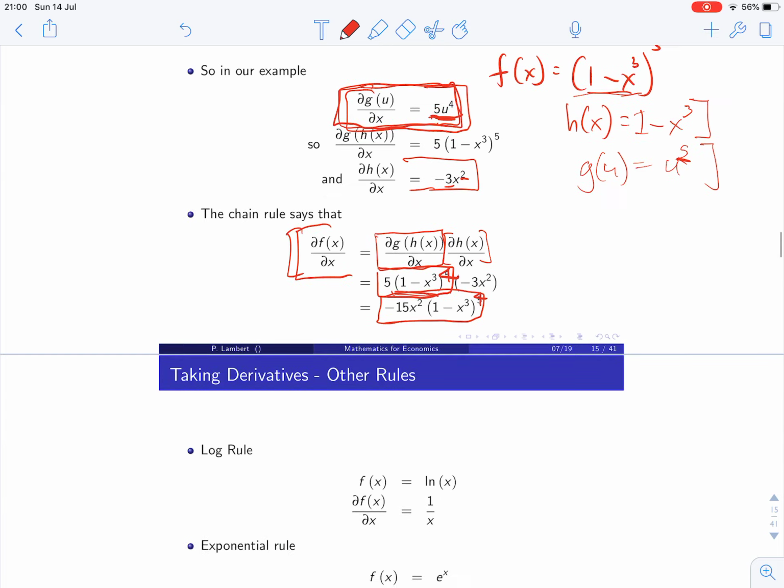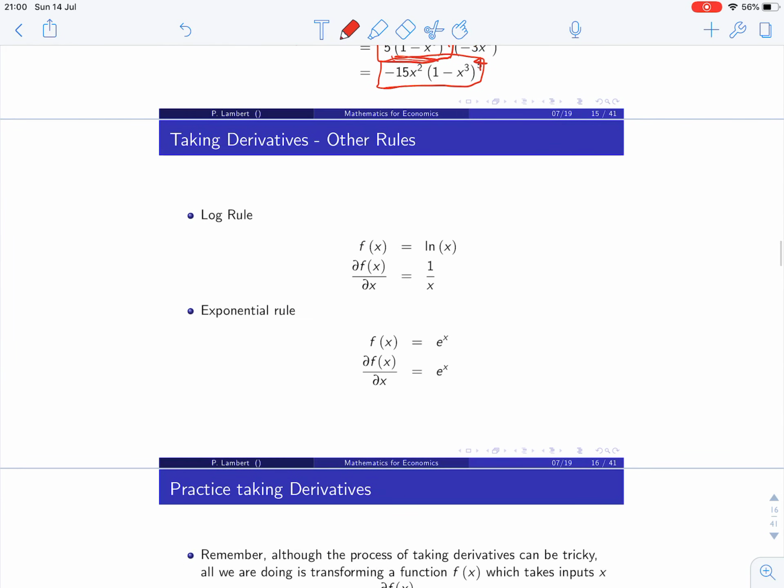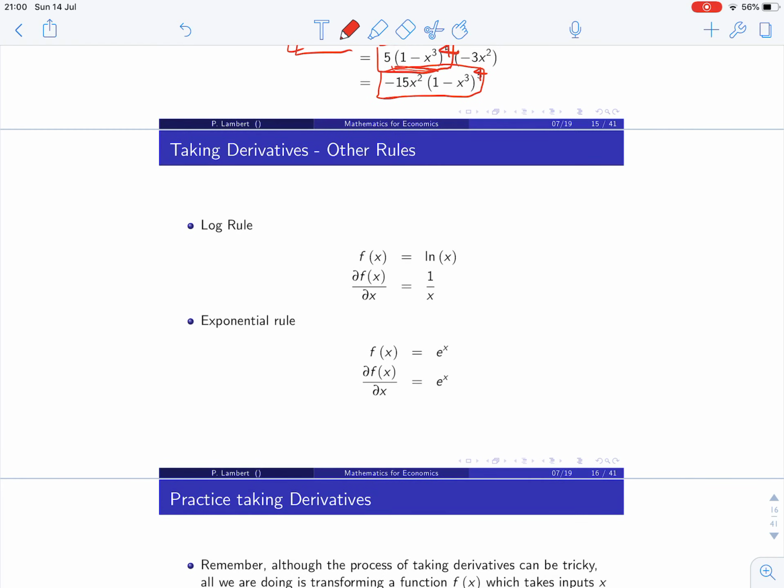Let's move on. Some other quick rules to remember when we take derivatives: the derivative of the log function is always 1 over x. The derivative of e to the power of x, or the exponential function, is itself again, e to the power of x. So using the chain rule, using